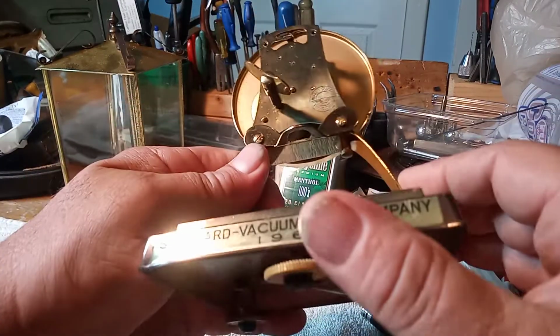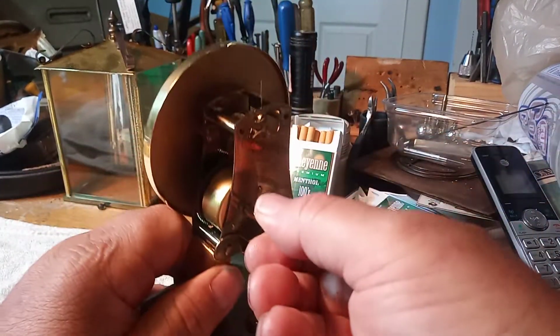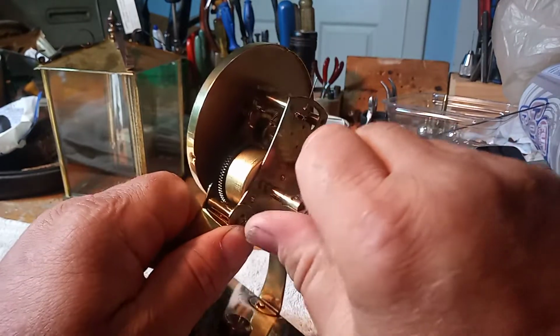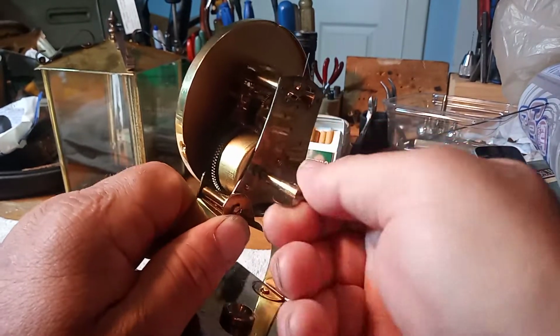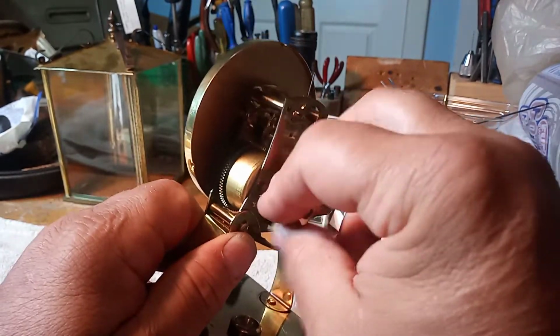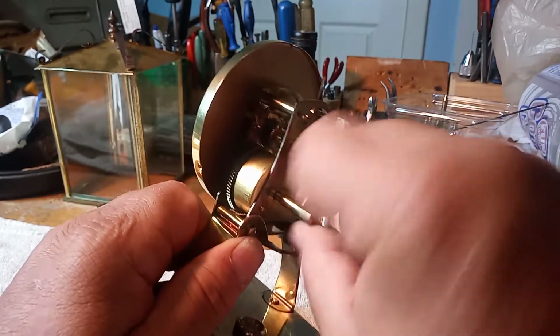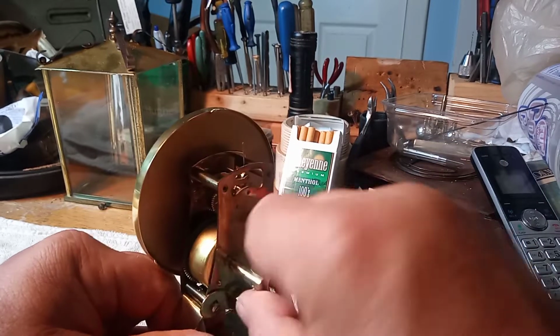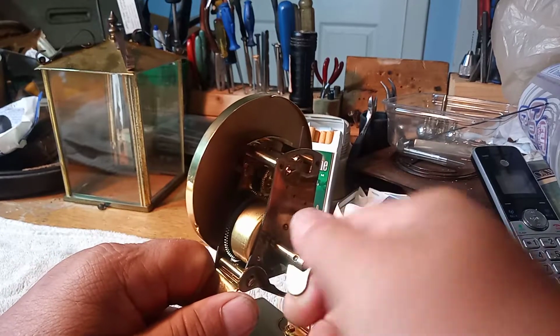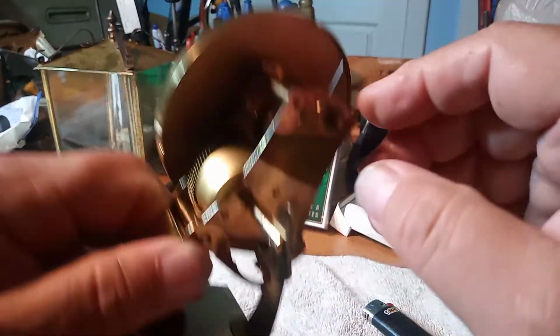But it comes with a key that should come off here, which it does. But I want to see if it has been wound up. And it is completely wound, and so